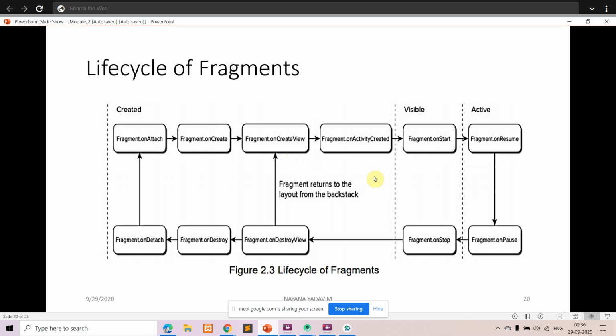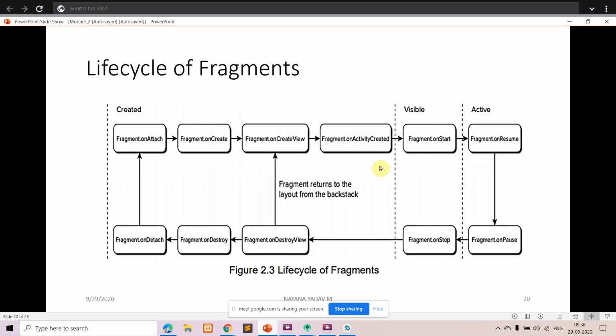Next comes the method called onActivityCreated. That is the next stage which your fragment goes through. This is called after onCreateView. In onCreateView, we have our interfaces.